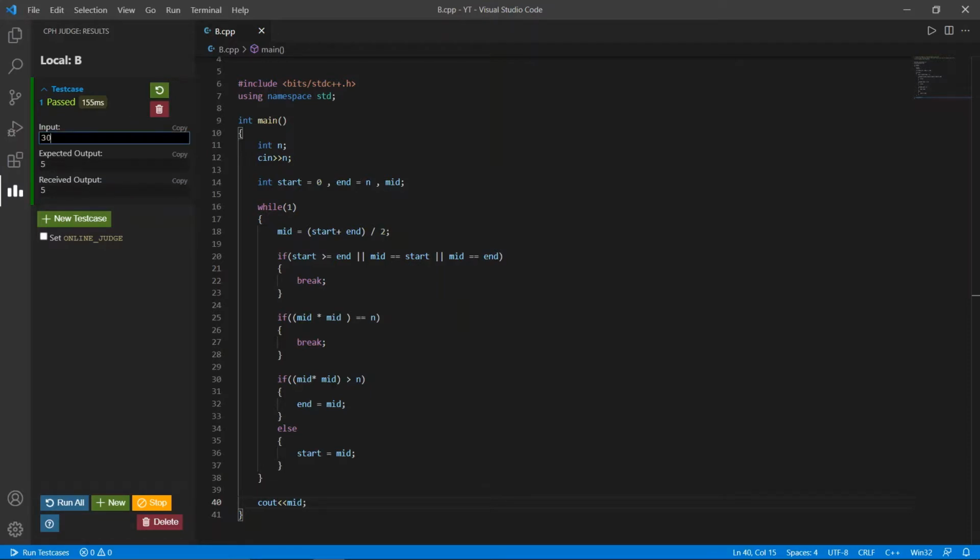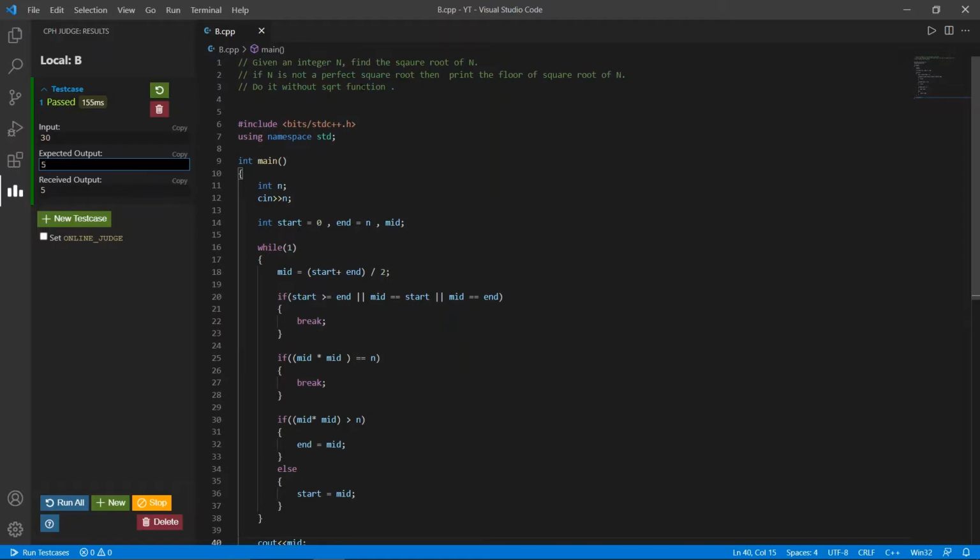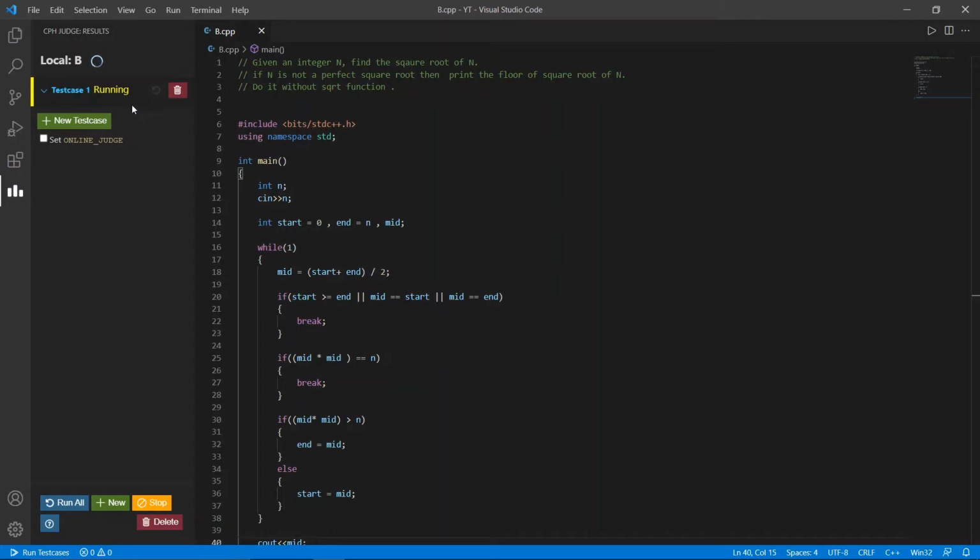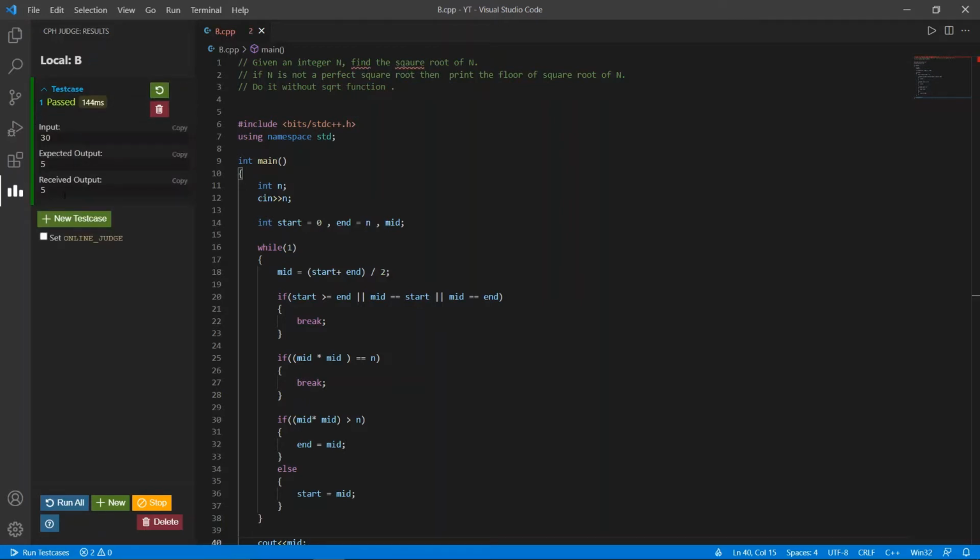It says 30, and here 30 does not have a perfect square root, so the floor of the square root of 30 will be 5. So let's check it. You can see the test case is pass. So let's check another number.